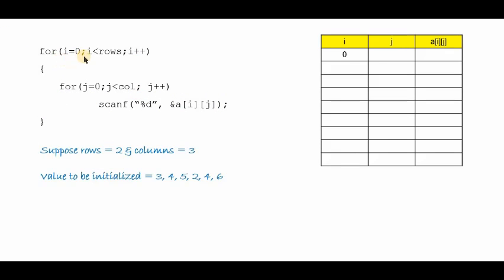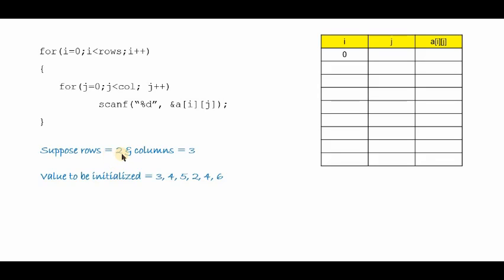Using for loop, I can make use of nested for loops. If you have not yet learnt about nested for loops, I insist you go back, learn about nested for loops, and then come and watch this video. We are making use of nested for loops to initialize the contents of the array. This is the most common method used when working with two-dimensional arrays. So we are going to read row by row information from the user. First we are going to read the values of all the columns in the first row, then all the columns in the second row, then all the columns in the third row, and so on.